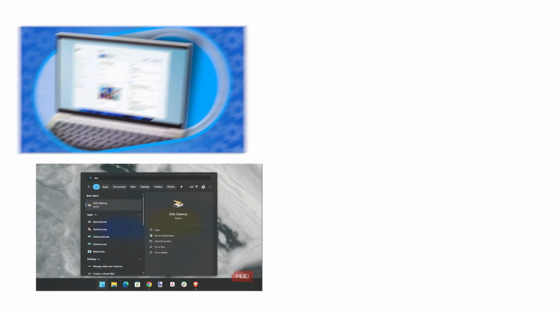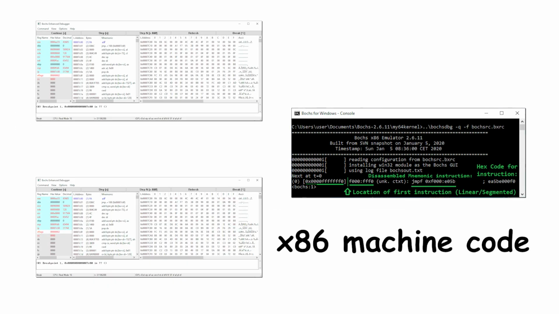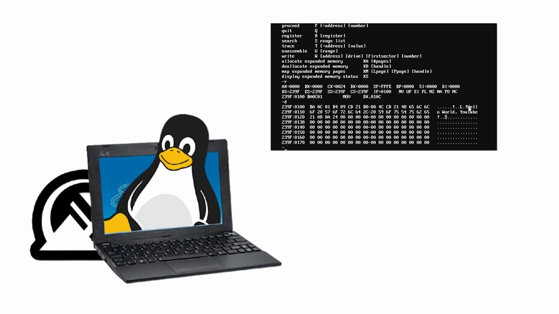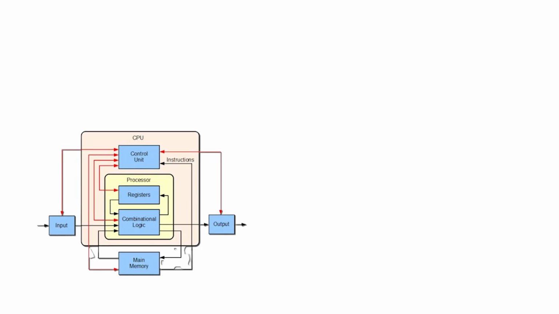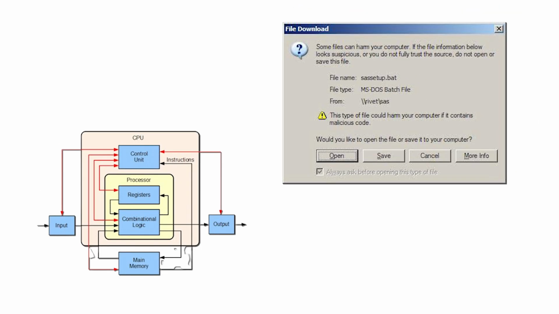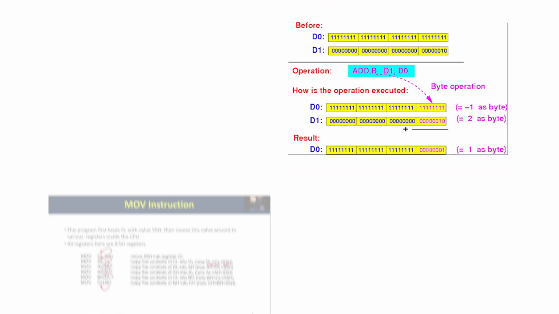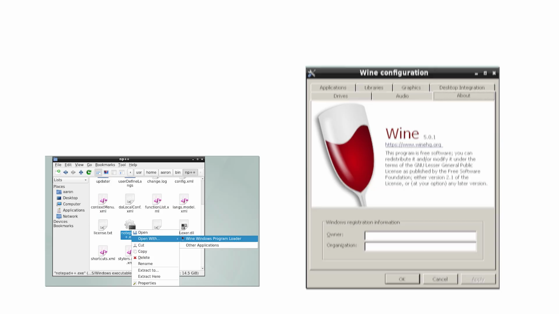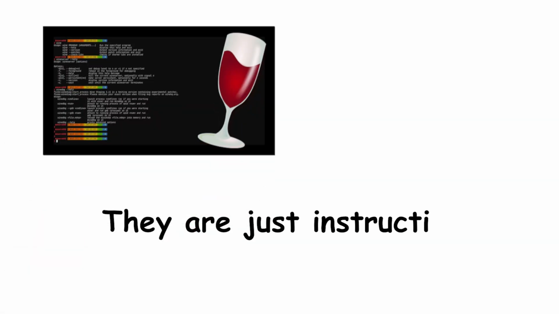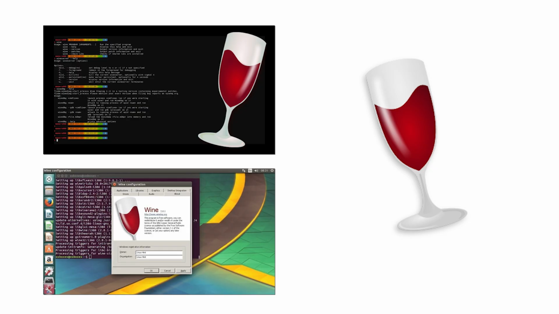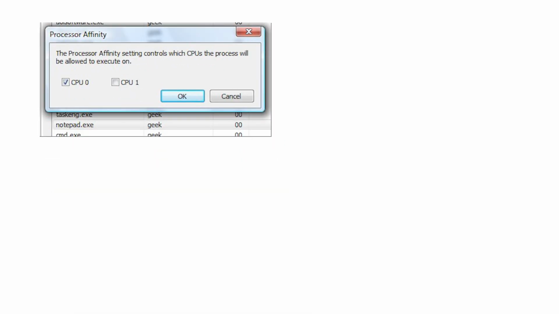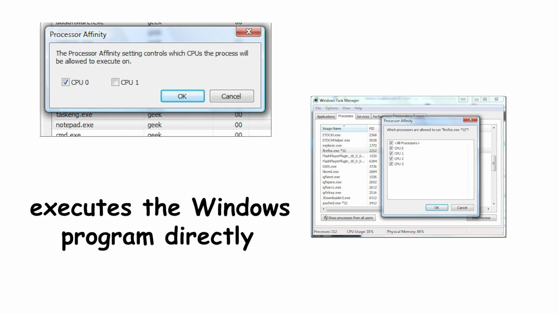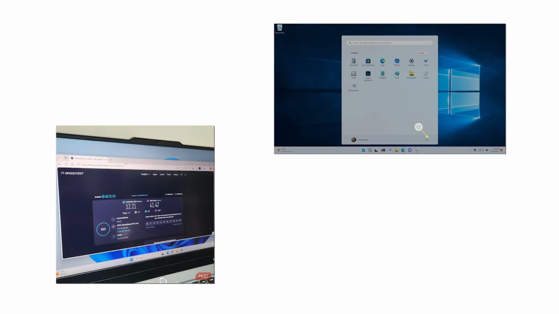What is actually true is simpler than any of those. A Windows program is x86 machine code. Your Linux computer has an x86 processor. The instructions in that file already run on your CPU. They always did. That was never the problem. Add two numbers, move a value into a register, compare and jump. Those instructions do not know what operating system they are on. They are just instructions, so Wine does not translate a single one of them. The processor executes the Windows program directly at full speed, exactly as it would on Windows.